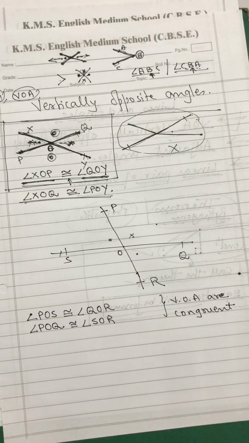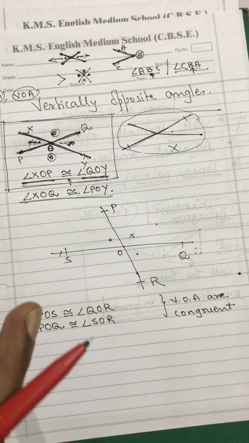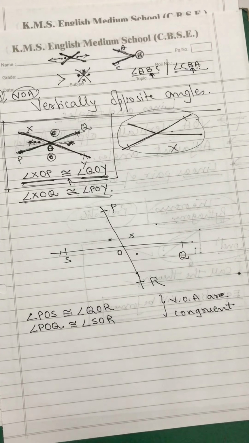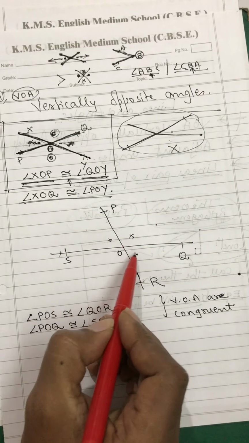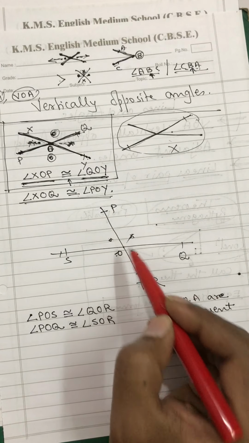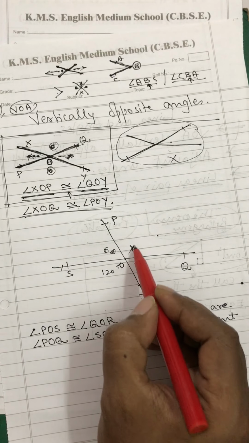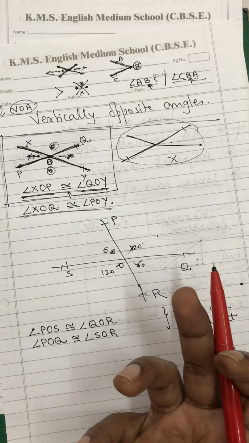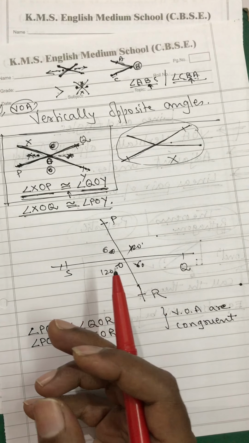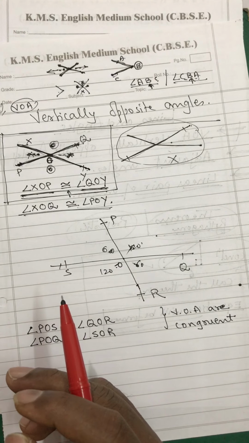There is a separate question where actually you have to prove this. Theorems in geometry are supposed to be proven. You have to prove that whenever two lines intersect each other, vertically opposite angles formed are congruent. Show me. You are claiming it. But on what basis are you claiming it? On what basis are you telling that every time these two angles will be congruent to each other? If this is 60 degree, this also will be 60 degree. If this is 120 degree, this also is going to be 120 degree. Why? Show me that. That is, you are going to prove the theorem.